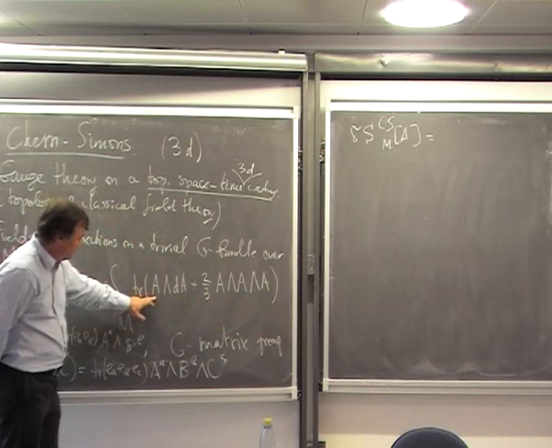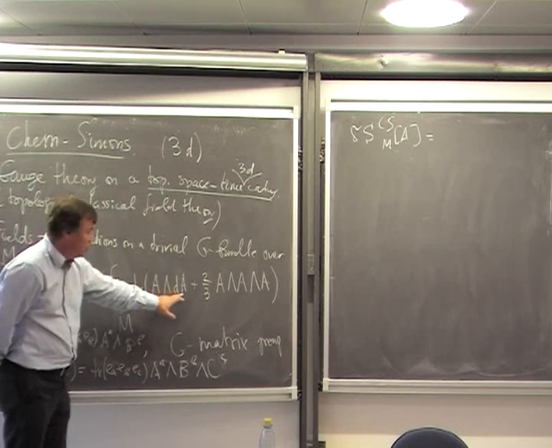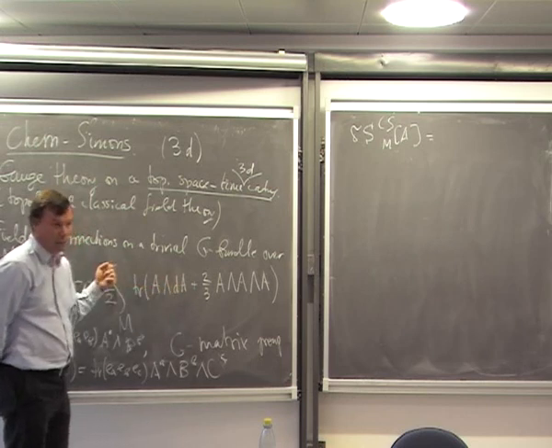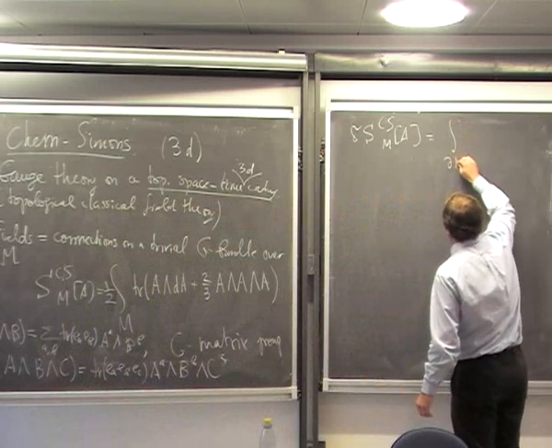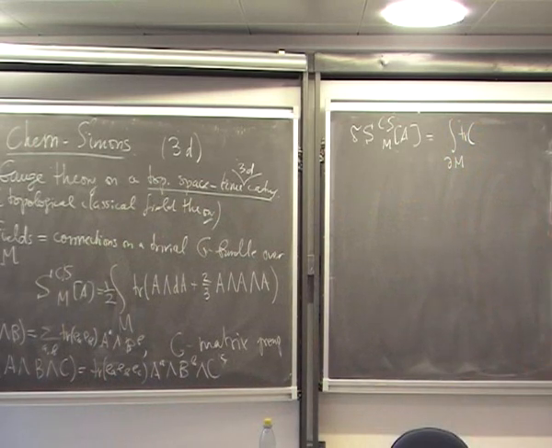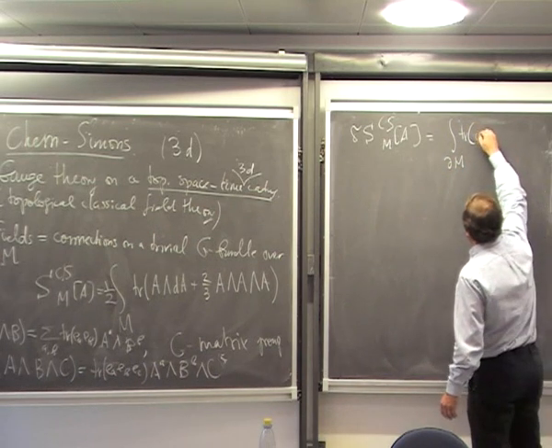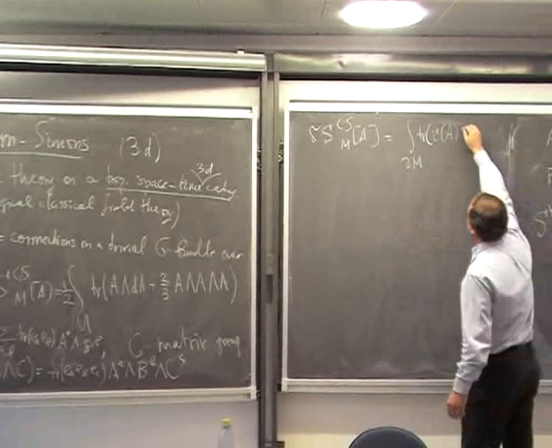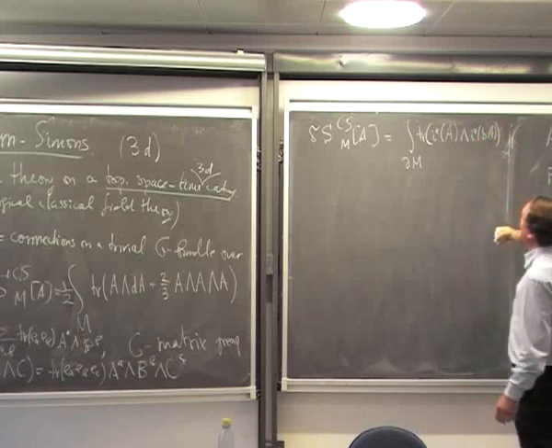So here we will have the variation of this, which is dA, and then we also will have A with the variation of A. If you want to have just the variation of dA, we'll have to integrate by parts once. And so this will give the integral over the boundary. Trace. Here we should just use the Stokes theorem. That would give us the pullback of the connection to the boundary, and then the pullback of the variation of the connection to the boundary,